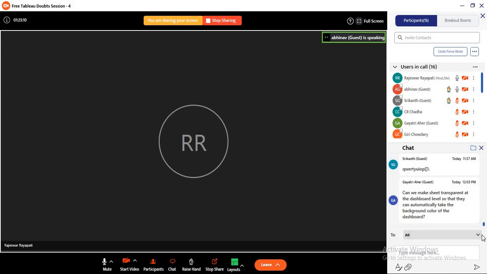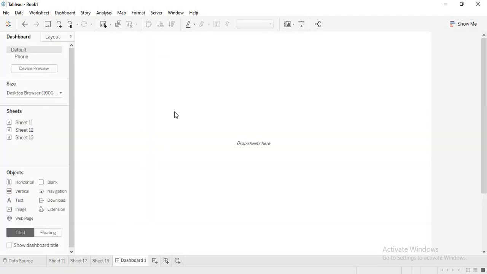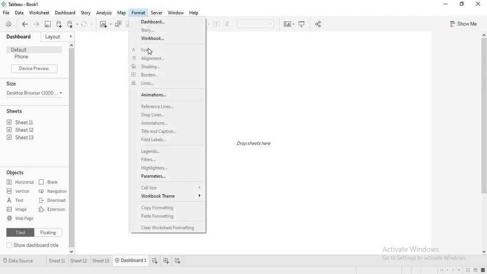Gayatri is asking, can we make a sheet transparent at the dashboard level so that it automatically takes the background color of the dashboard? Let me take this in the format.